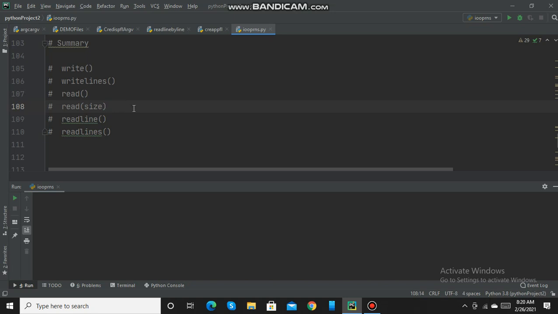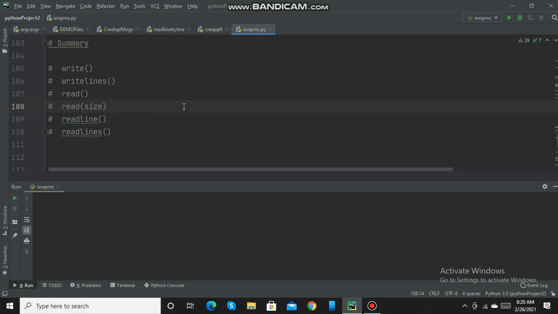And if the read hits the end of file before obtaining the size bytes, then it reads only the available bytes. For example, if I had specified the size as 40, and the read hits the end of file at the 25th byte, then it will read only till the 25th byte, that is the available bytes.